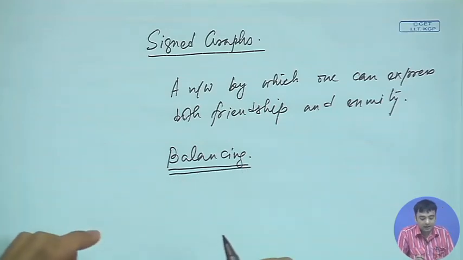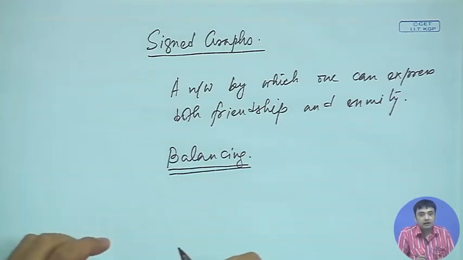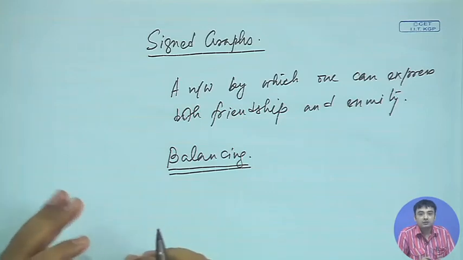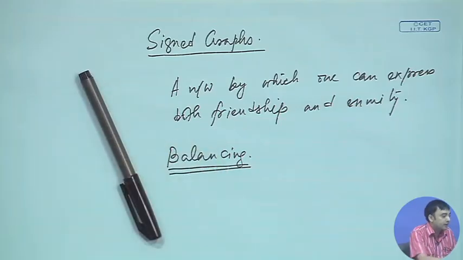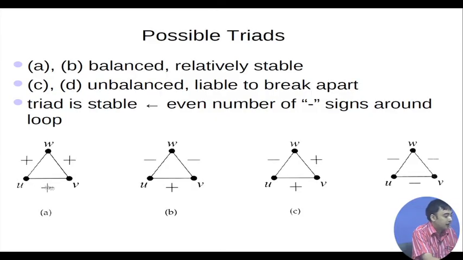So, basically this idea borrows from the traditional balancing theory. If you look at these graphs given here, say for instance the first graph, the graph marked as A, you see there are 3 nodes U, V and W. It is a triangle basically. Now, all the edges are marked as plus. So, everybody is a friend of everybody else in this network. Okay. So, this is a very stable configuration.